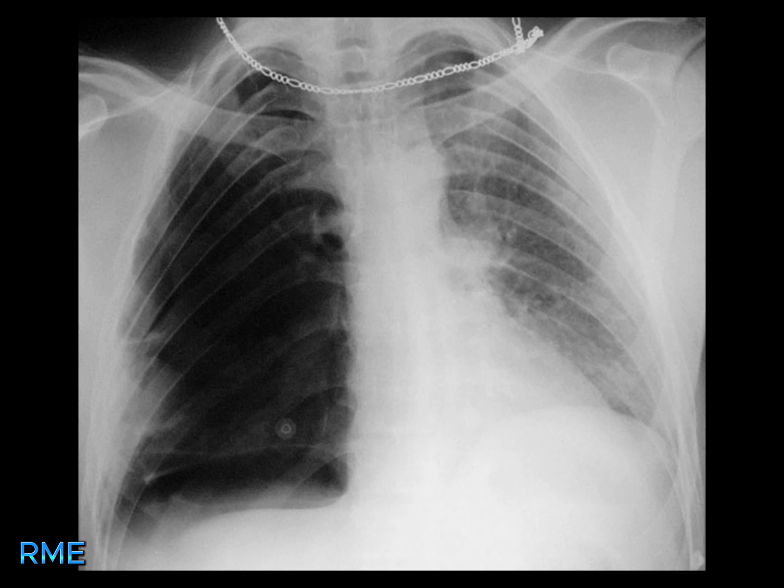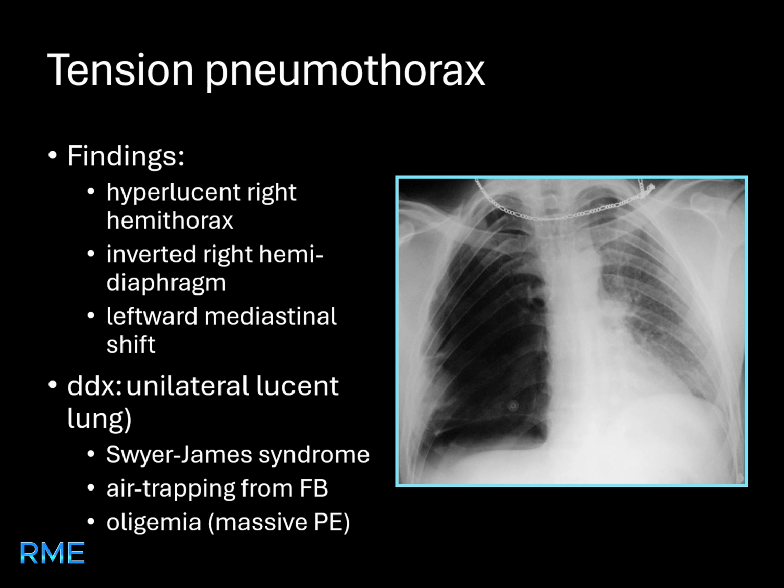What abnormalities do you notice in this image? This image shows a hyperlucent right hemithorax, inverted right hemidiaphragm, and leftward mediastinal shift. These findings are indicative of a tension pneumothorax. Differential diagnoses for a unilateral lucent lung include Swyer-James syndrome, air trapping from a foreign body, and oligemia from a